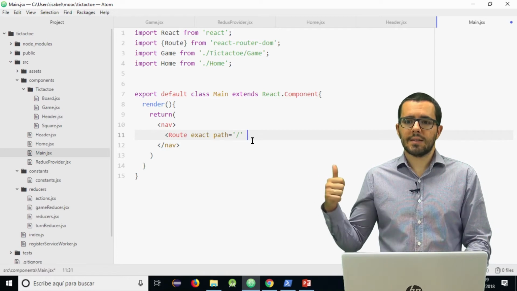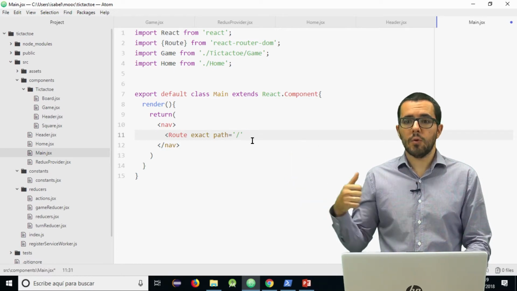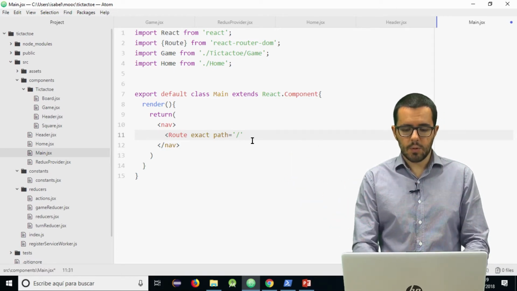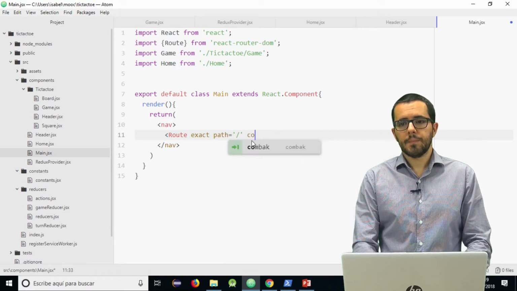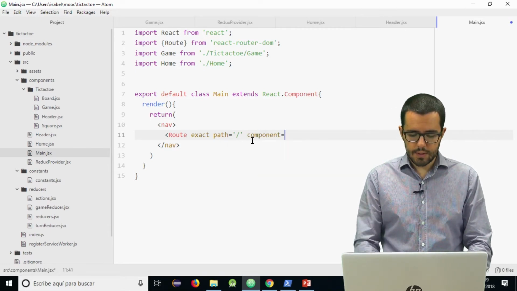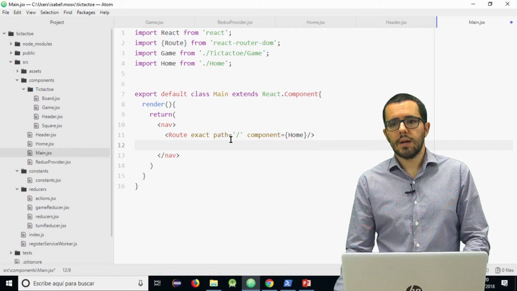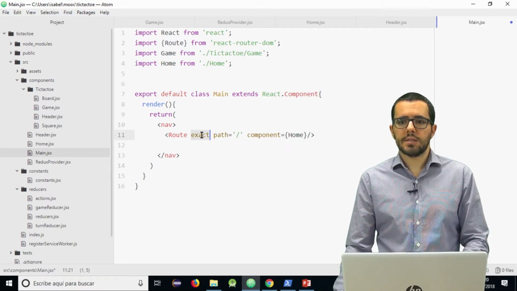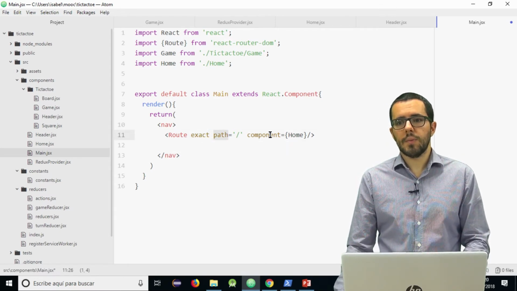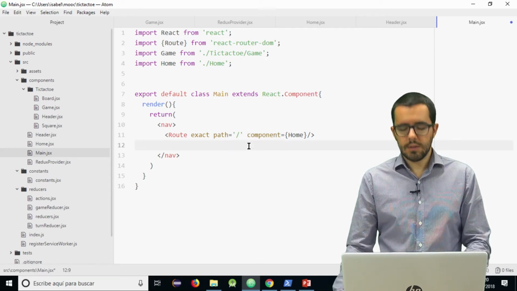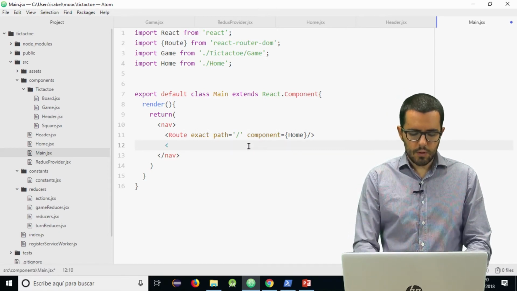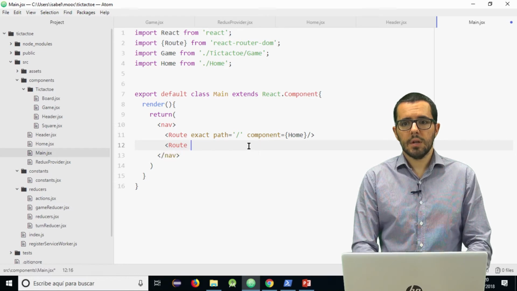I remind you that exact or any attribute by default is true, and if it is not present it will be false, and the component to be rendered in this case will be home. So this Route component is very easy to use. You just have to say if you want to match exact or not, the path to be matched, and the component to be rendered.